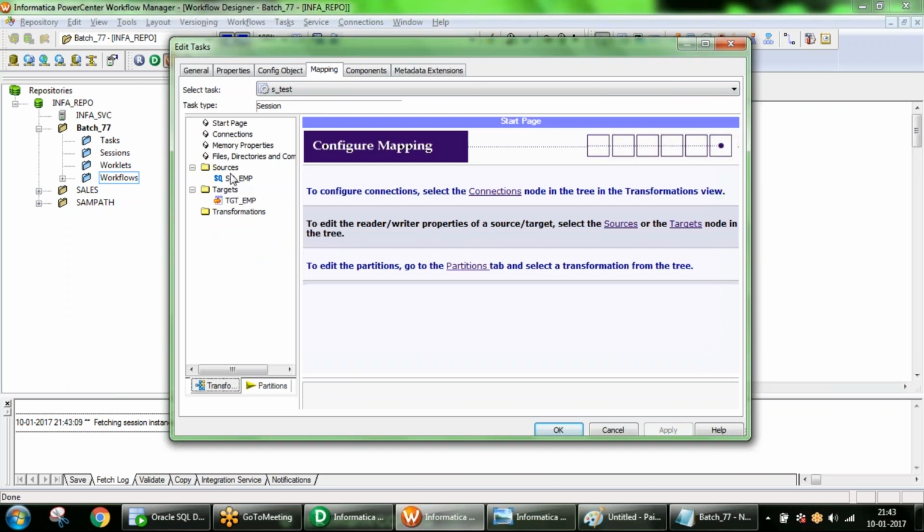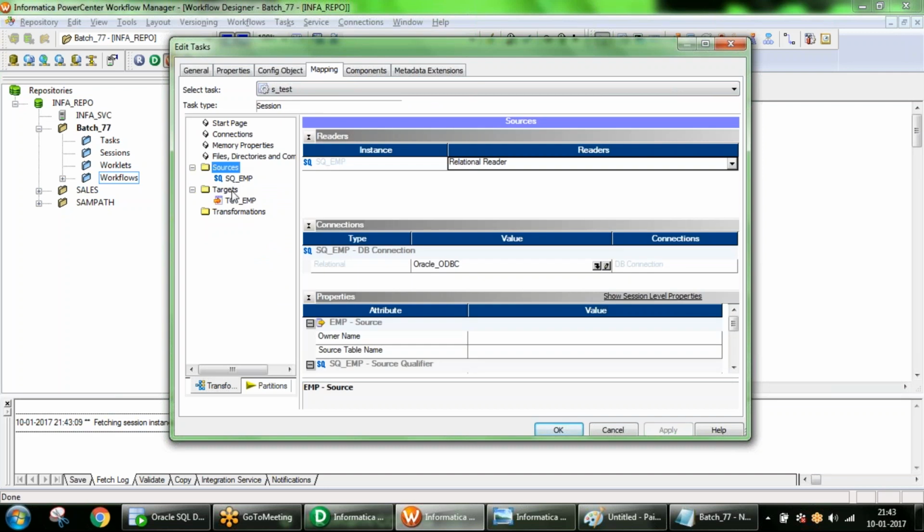In the mapping tab, it is showing us sources and targets already, because whenever we create a session, we are tagging it to a mapping. What is a mapping? A mapping is a set of objects: your source, your target, and a number of transformations.